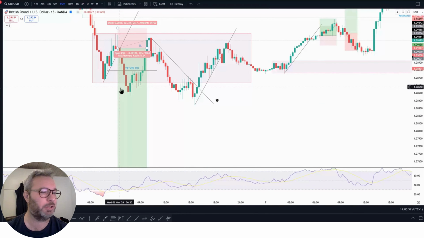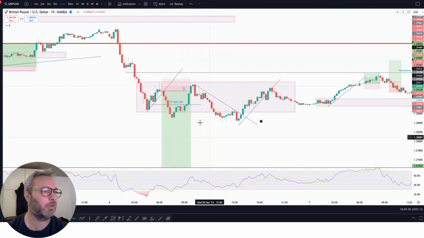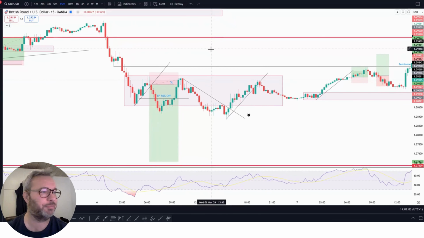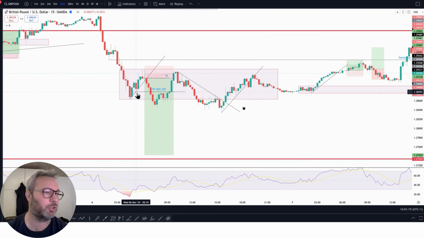So Wednesday, the price is going down. I expected a continuation. Here we have a low. Price is going up, following the trend line. It gave some good rejection candles here. I shorted when it broke the trend line. Took 50% off here. I should probably have put it down here, but